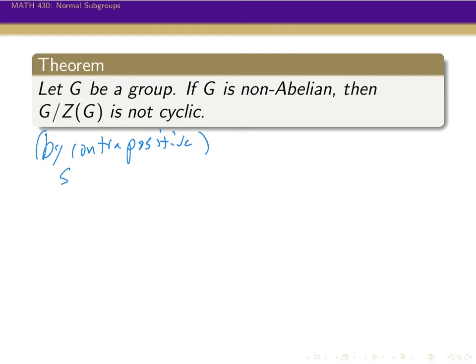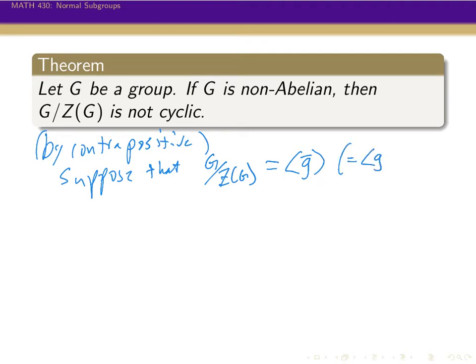Let's suppose that G mod the center of G is generated by G bar, and remember this is really talking about G times the center of G. Then